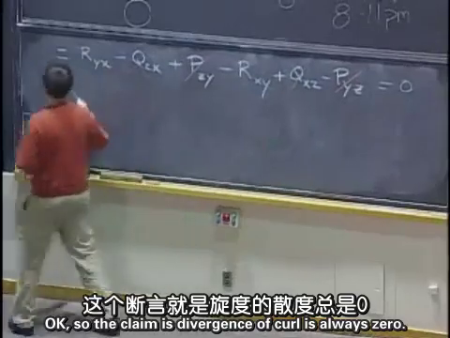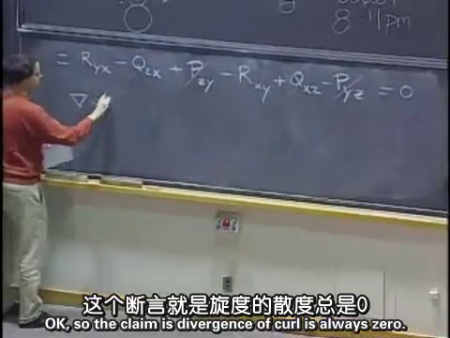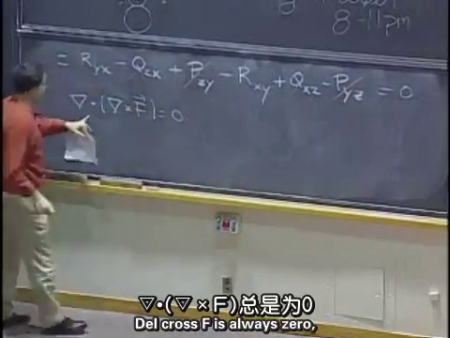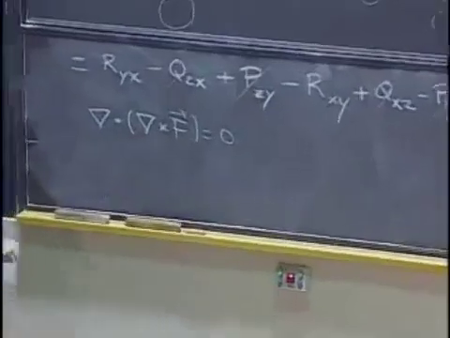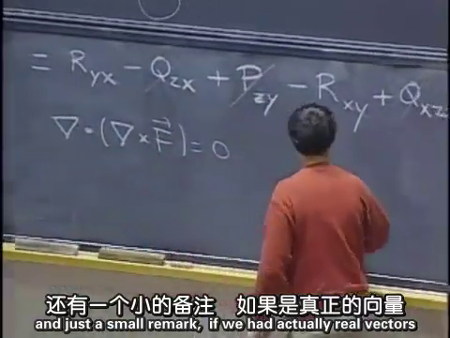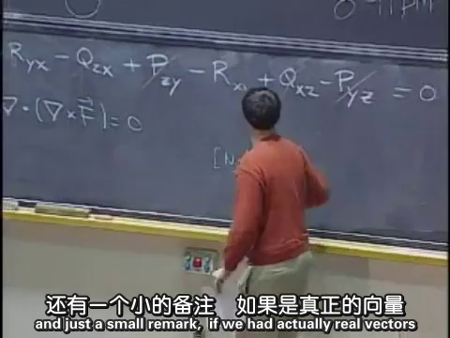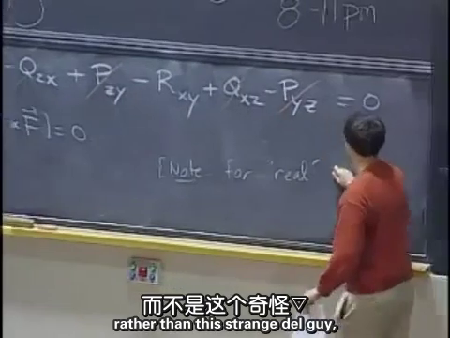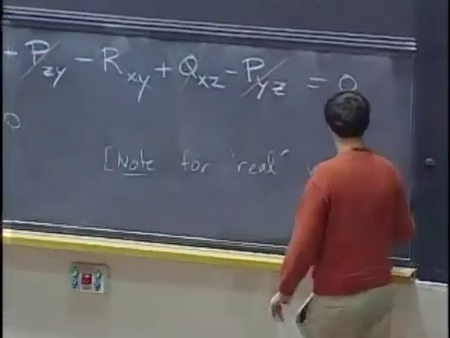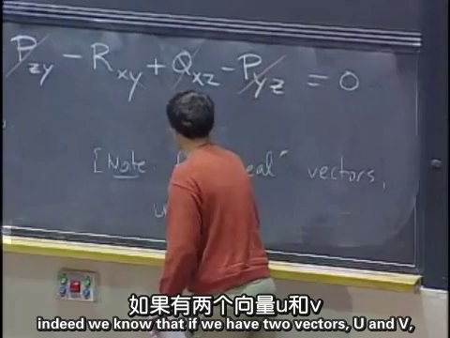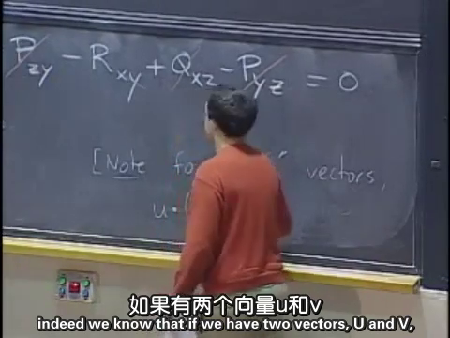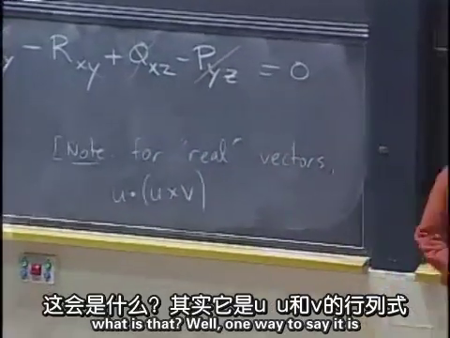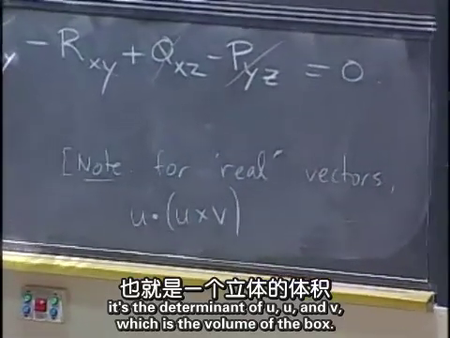Okay, so the claim is divergence of curl is always 0. Del dot del cross F is always 0. And just a small remark, if we had actually real vectors, rather than this strange del guy, indeed we know that if we have two vectors, u and v, and we do u dot u cross v, what is that? Well, one way to say it is it's the determinant of u, u, and v, which is the